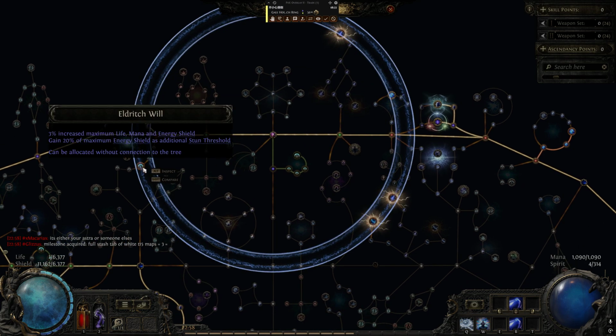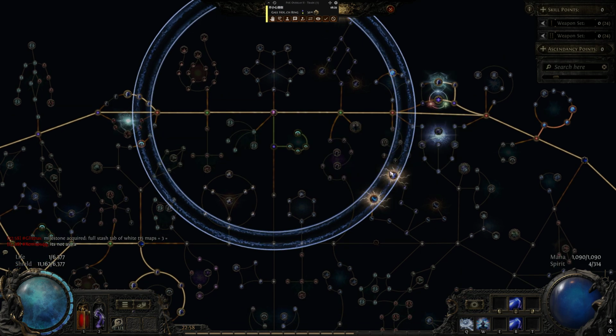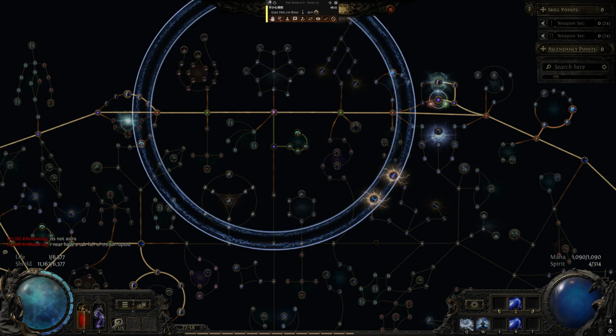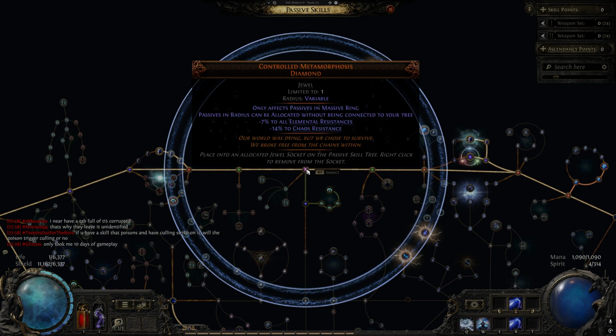And when I have this, I also took this one. If I wouldn't have this, I wouldn't take this node, and I wouldn't take these nodes if I wouldn't have controlled metamorphosis or Jewel. But again, if you are using the Chaos Inoculation node, Chaos resistance doesn't matter. So if you find something with high Chaos,